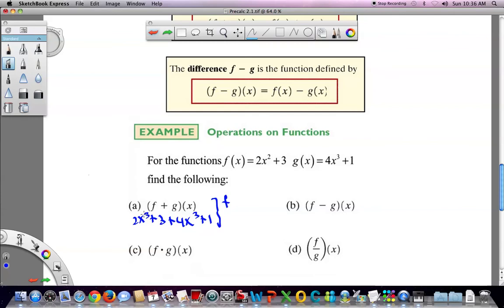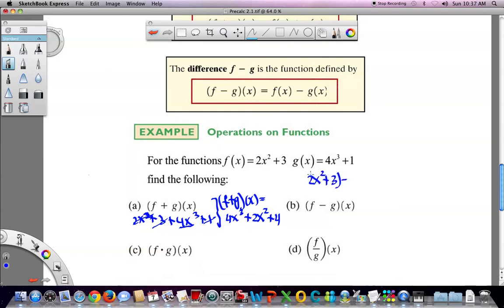If that's supposed to be a square, then we don't get a lot of stuff that adds. So f plus g of x is equal to 4x cubed plus 2x squared plus 4. Did I get them all? 2x squared and 3 plus 1 is 4. Yep. Okay. f minus g would be 2x squared plus